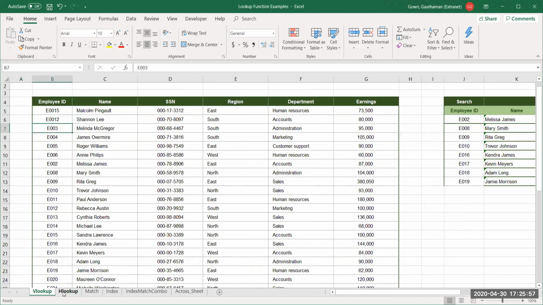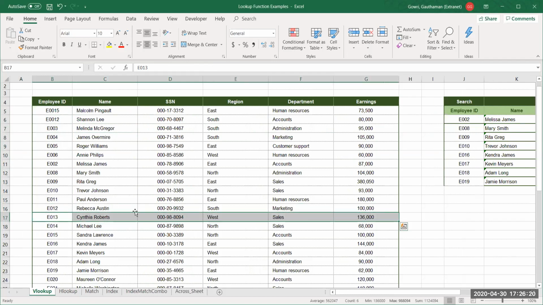VLOOKUP in a real-time scenario: you all would have booked for trains, or at least you would have seen your results on the notice board. Usually you go search for your registration number in the left-hand side column. Once you get your registration number, you stop at that row. You move to the column where your result is mentioned. Let's say these are different columns for your subjects, and in the last column, you have the final result.